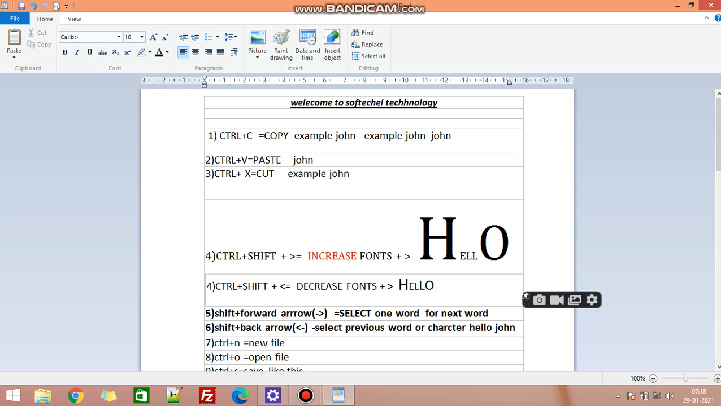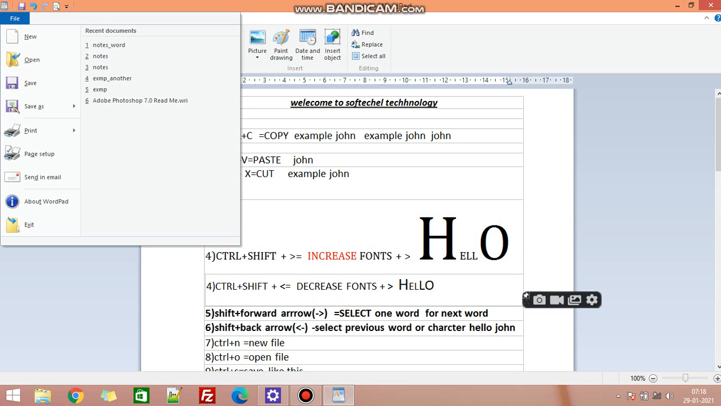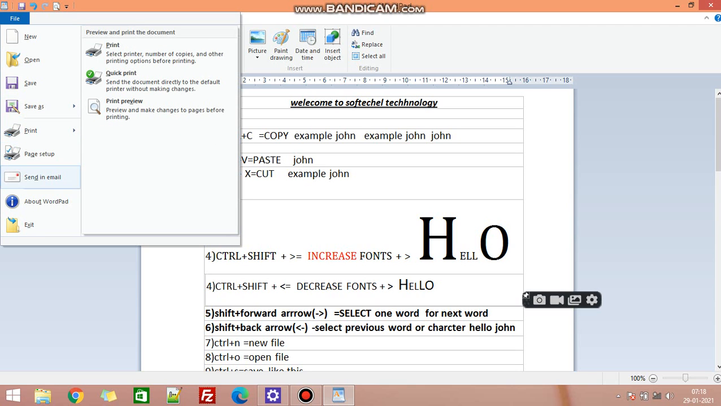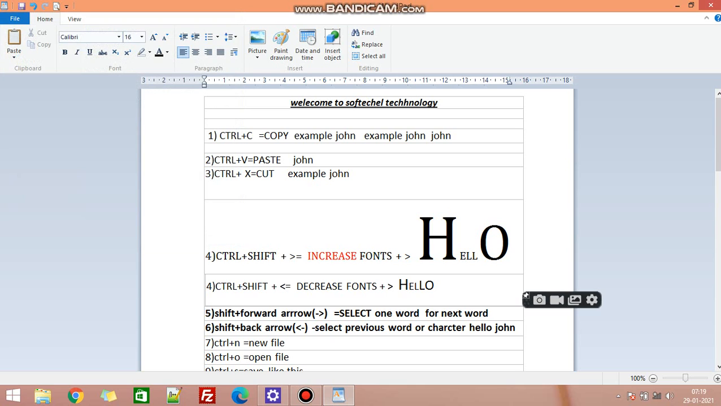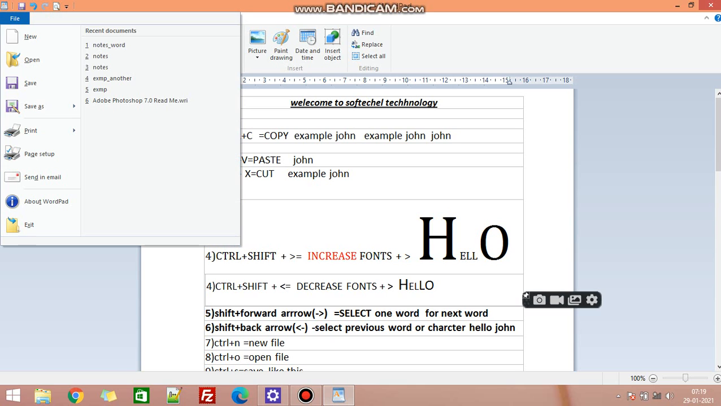Control S, once, saves the file. Control C, keyboard button we are pressing here. File, new, open, save as, print. Later on I will tell you how to use them. But the basic funda is what you have to do. Control, and why we are telling Control plus, because suppose underscore you are putting, Control O means underscore it is putting. Control S means